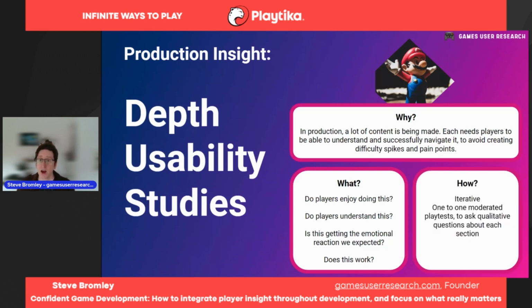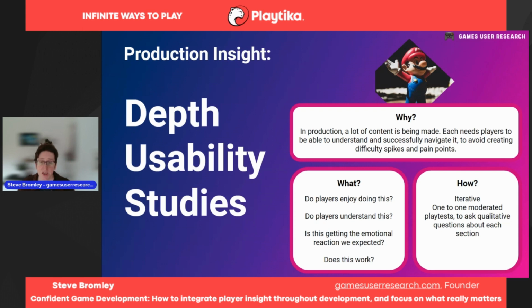As a study, I would be looking at iterative one-to-one moderated playtests. We already talked a little bit about that idea of doing one-to-one playtests where you bring in people, you put them in front of the game, you see what they understand and what works and what resonates. You can be doing this as an iterative process, by which I mean we'll bring in a few players, we'll put them through it and we'll see where their problems are. Then the team will attempt to fix any problems that emerged, make the tutorials clearer, make the puzzle clearer, address those usability issues, and then retest after to see if it's been fixed and reveal other potential issues that occur.